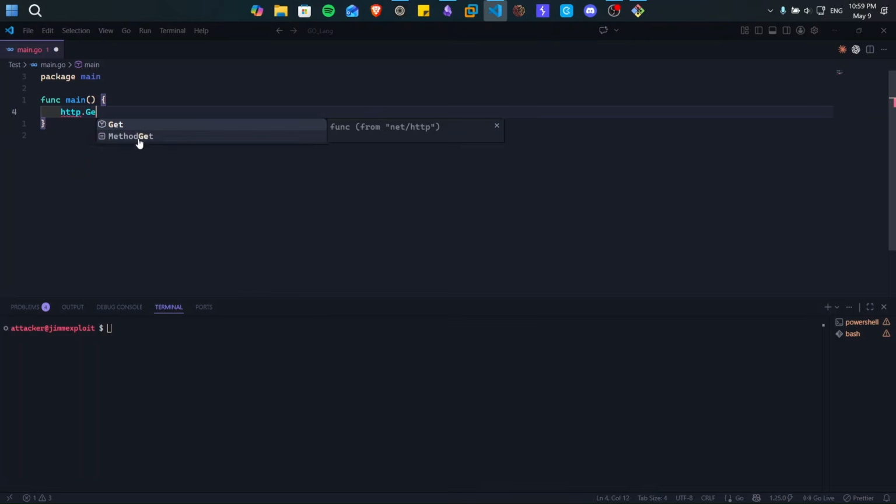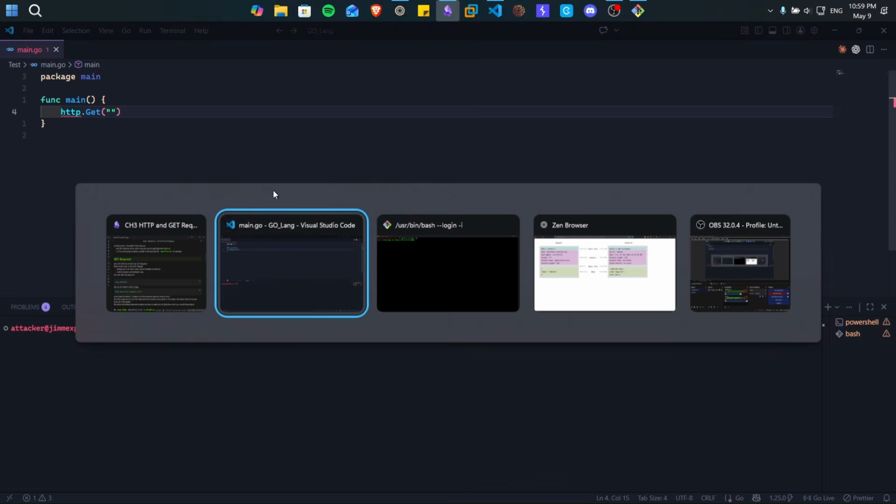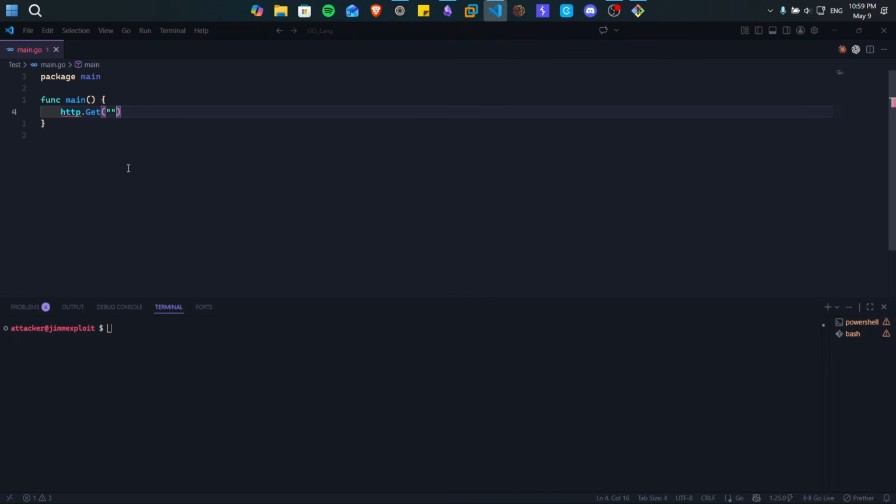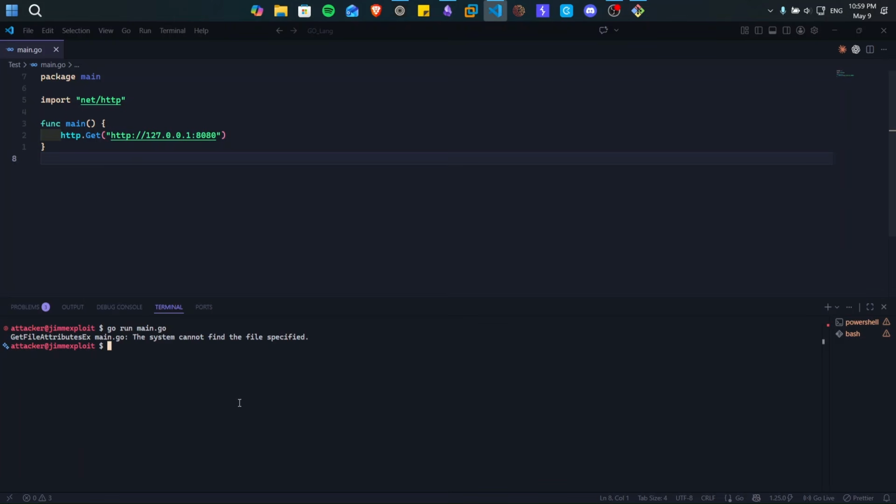We're going to be doing http.Get. This one just accepts a URL. The URL, as we said, is the path to the resource that we're trying to access. So let's say I'm trying to fetch this page here, connecting to my localhost on 8080. If we did http.Get to http://127.0.0.1 on 8080 and save this one, you're going to see that it's by default importing this package, not the HTTP. And if we did go run main.go,